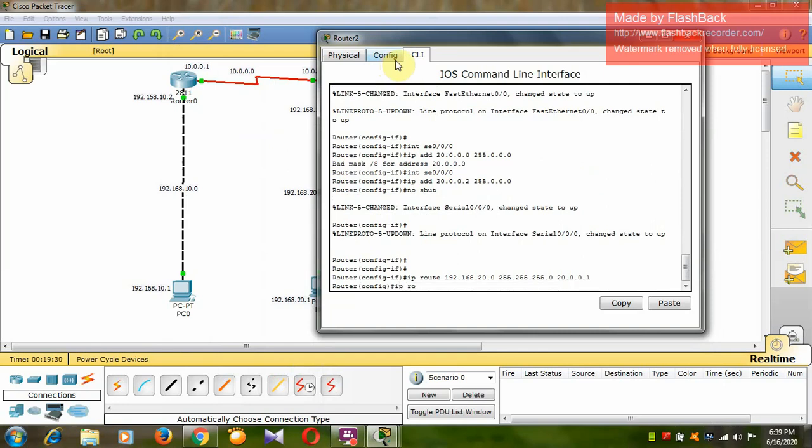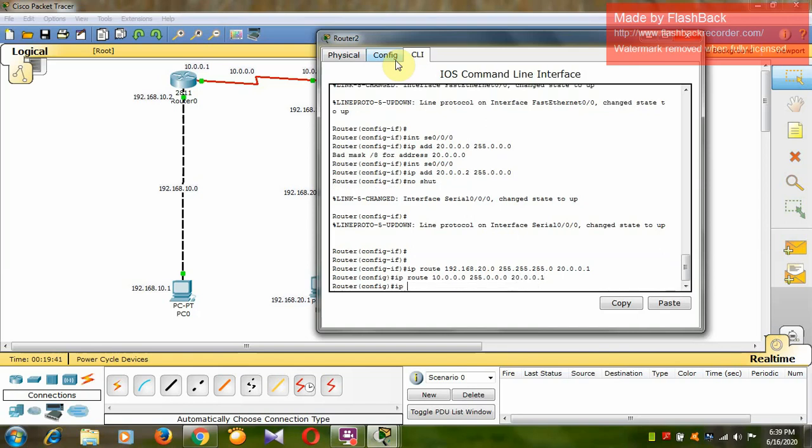Similarly, I am going to tell it about this 10 network that is not connected here directly. So the next hop address will remain the same, because it is not knowing about the 10 network, so it will remain the same.